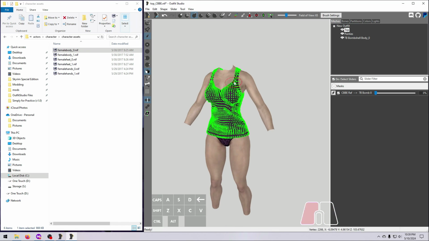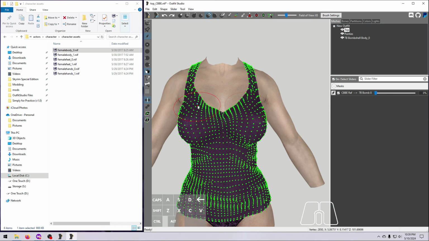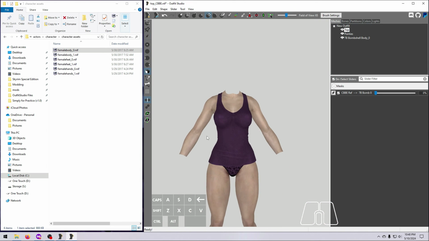One extra little tidbit here: if you want to make a CBBE preset in BodySlide for this particular shape that you've made,